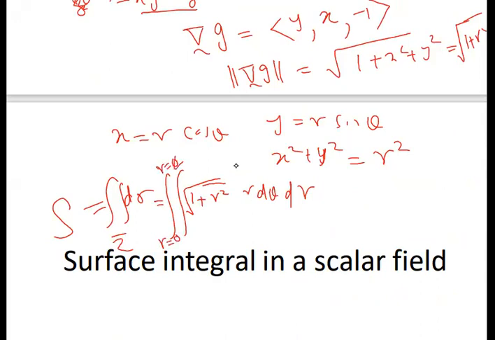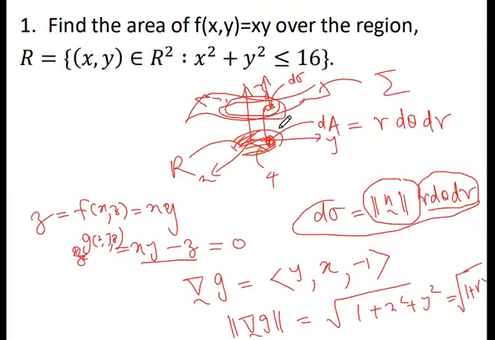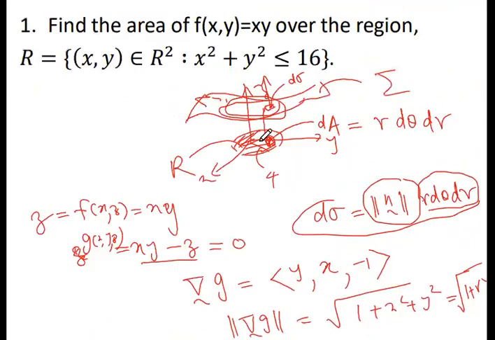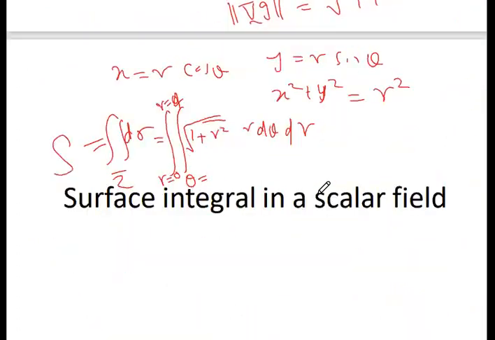And theta, so what is the variation? What is the range of theta? Theta from where to where? If you want to get this full circle, then theta goes from 0 to 2 pi. So R and theta are independent, and you can integrate this very easily. Theta from 0 to 2 pi,